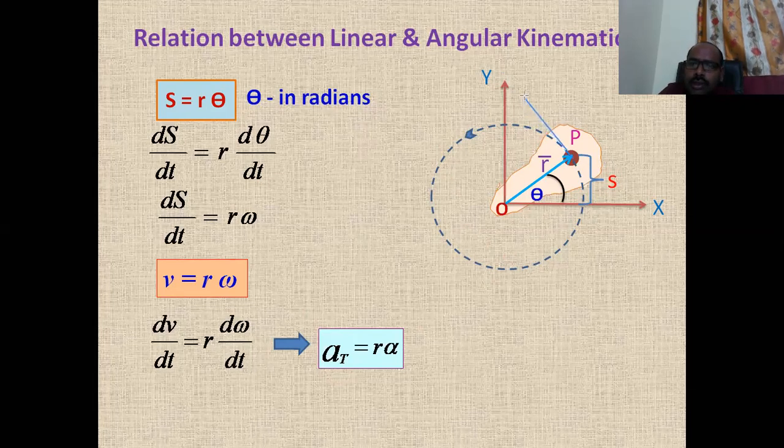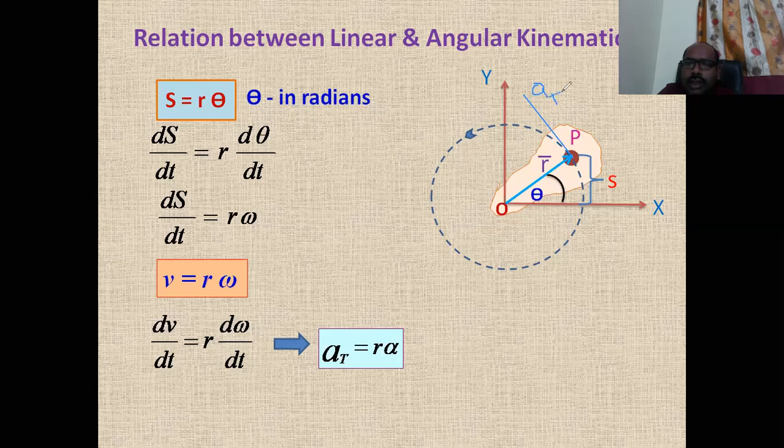Okay, so it is the tangent. Tangent to this, so obviously it is a theta. So it is a with suffix t, it is a_t. Just like this. It is the tangential component of acceleration. So that is r alpha.